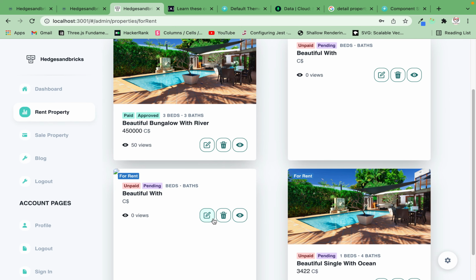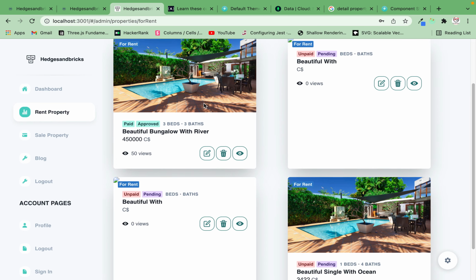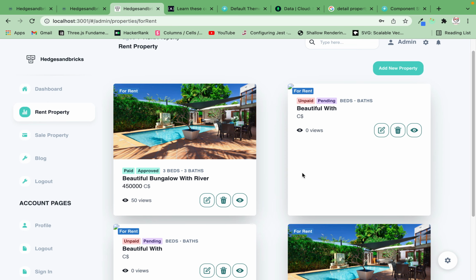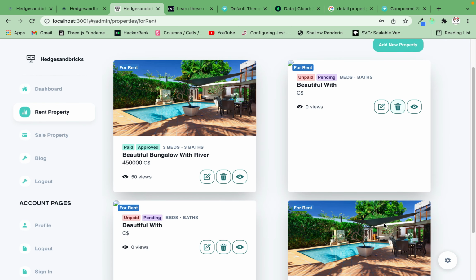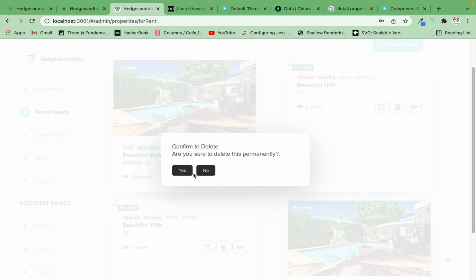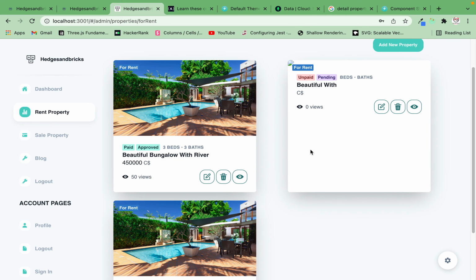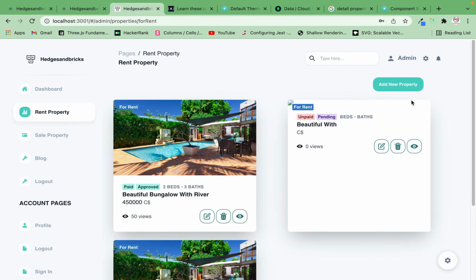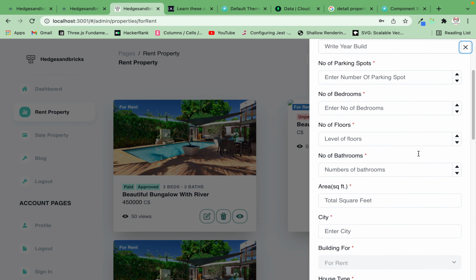And for this, three things have been done. Property cards are coming dynamically. They can be deleted like this. And we can add a new property here. This is functional as well.